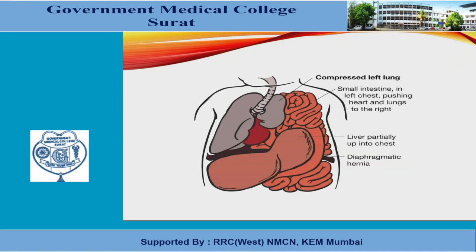This is a pictorial diagram which shows the absence of the left diaphragm and all the intra-abdominal components like stomach, intestine, and some part of the liver going into the left. It may be left or right depending on the type of congenital diaphragmatic hernia present. It goes upward into the chest cavity, causing mediastinal shifting of the heart toward the opposite lung.